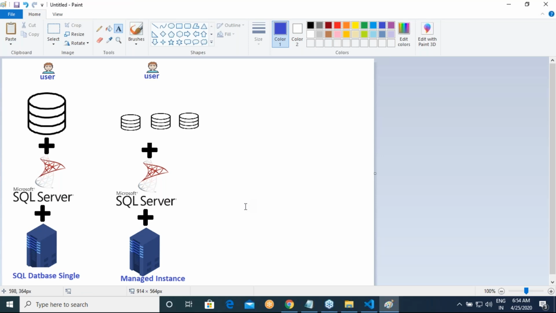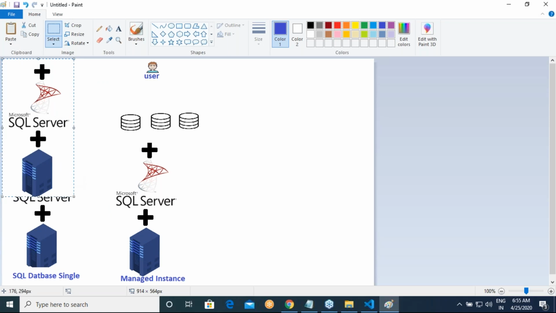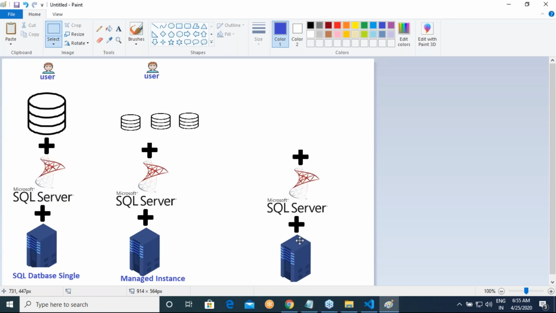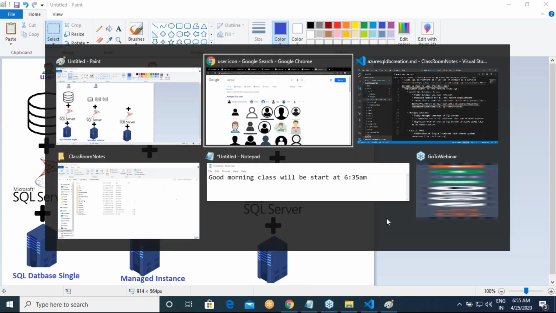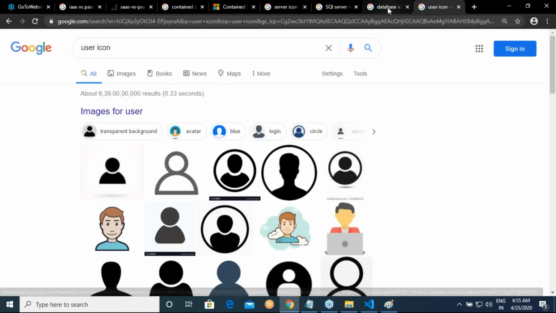When you go for an elastic pool, it works in a slightly different way. You'll have the same stuff, everything is managed, no doubt about it.